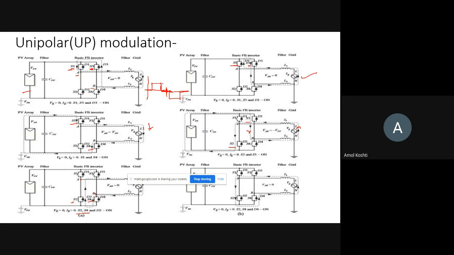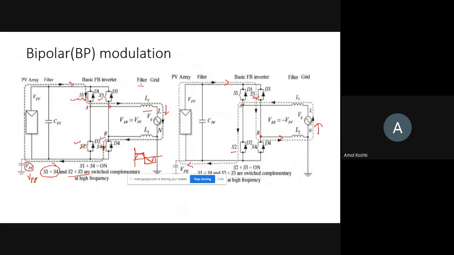That is the reason this is not used majorly in grid connected systems. It is named unipolar because 0 is more here as compared to the previous one. In the previous case there was no 0 component, only the positive and the negative.